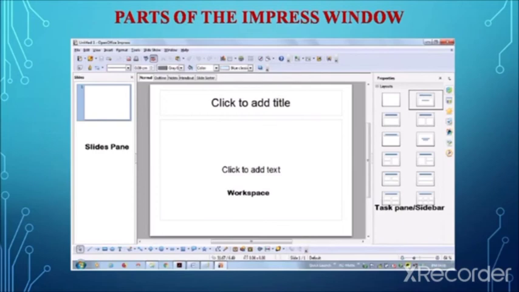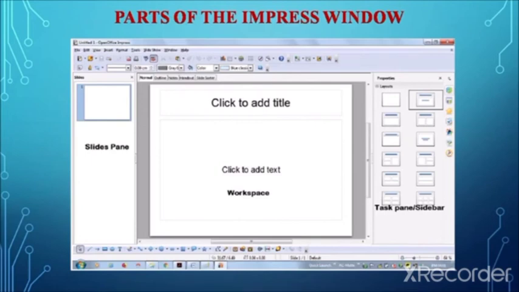And the user can choose between an automatic or manual transition. Automatically, once in a particular duration, the slide gets transferred, or the user can select a manual transition by pressing Enter or the spacebar or by mouse click. Like that, the manual transition can also be done. So like this, the slide transition can be selected. These are all the major 5 sections available in the third part, that is the task pane or sidebar.